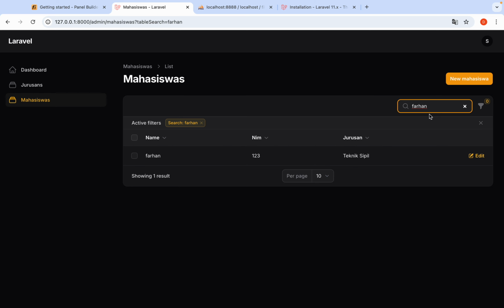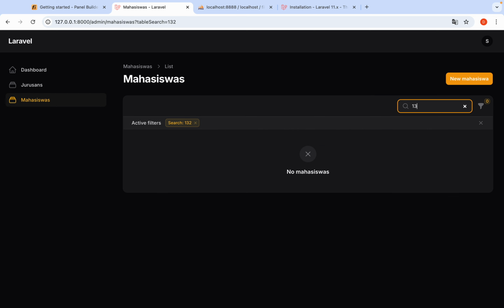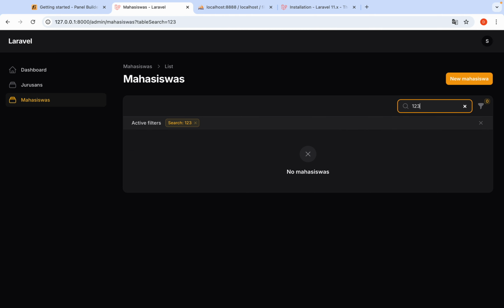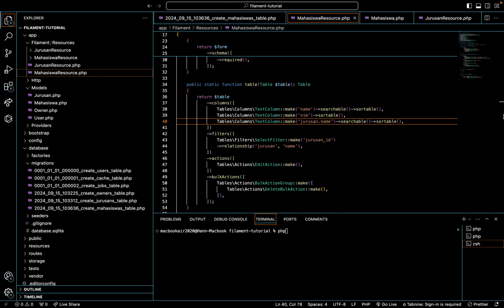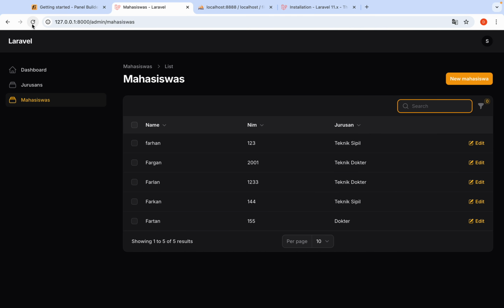Okay, like Farhan. And if we want to search the name, we don't have searchable on name. If you want to search the name, you must copy this in this table, in this text column. Okay, we will search the name.